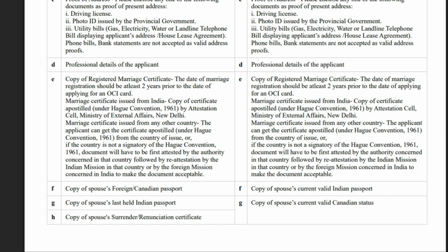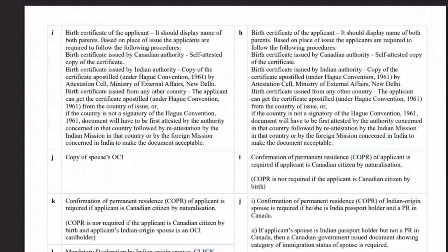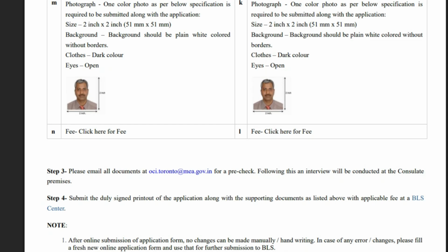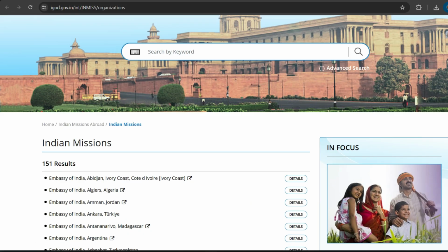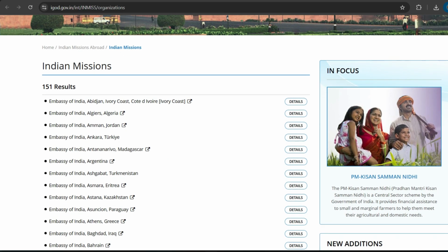That way it's easier for the receiver to have everything together. And once you have organized everything, send it to this email address if you are in Canada. Likewise, depending on your location, you'll have to send the email there. Again, you can go to the specific website which I showed, and there you can check where that document has